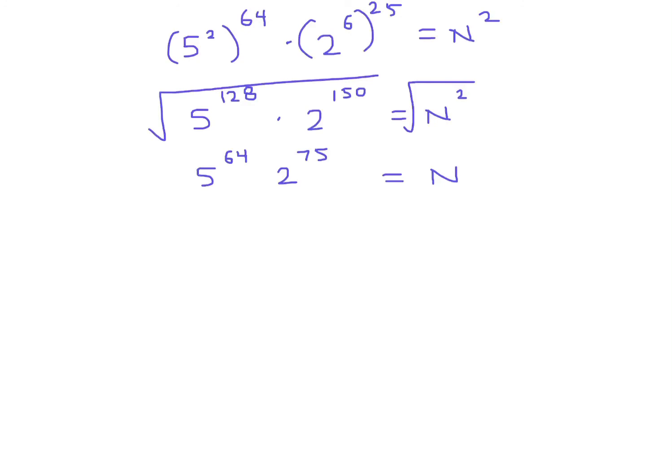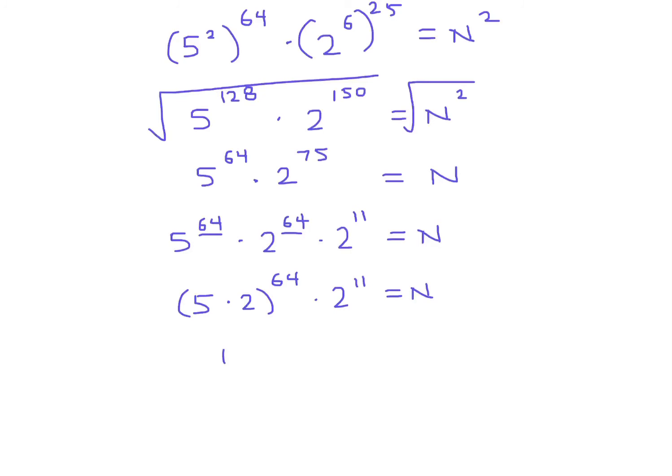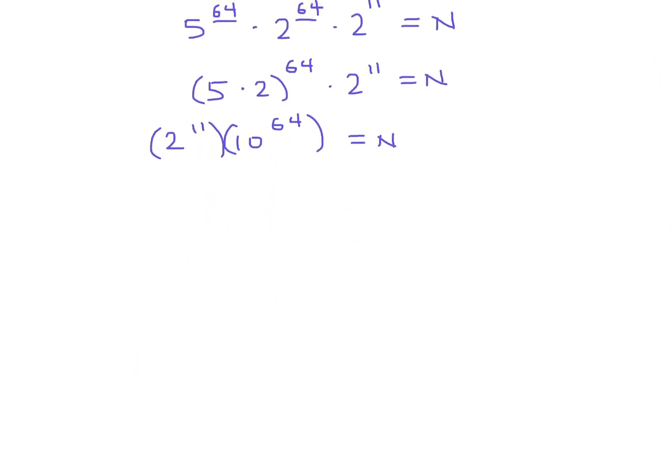If we have the same exponents, we can combine them, but we don't. We have 64 and 75, but we can make them the same. We'll leave this one alone, but I'll break this one up into 64, and then what do we have left? 11, right? And then now, since the exponents are the same, we can combine them. So it'll be 5 times 2, all to the power of 64, times 2 to the power of 11, like that. And this becomes 10 to the power of 64, and I'll put 2 to the power of 11 over here, is n. And this is very helpful at this point, because now 2 to the power 11 is